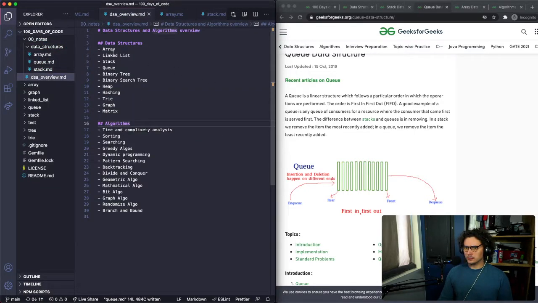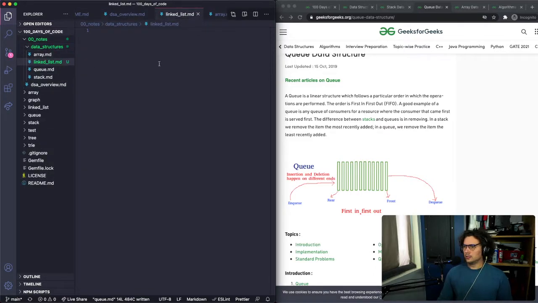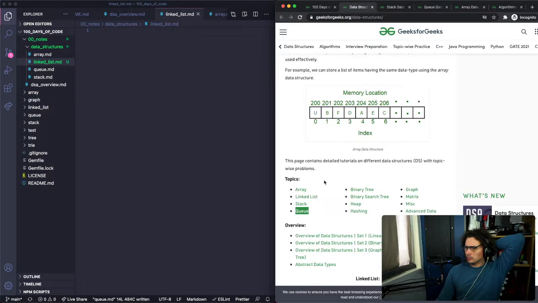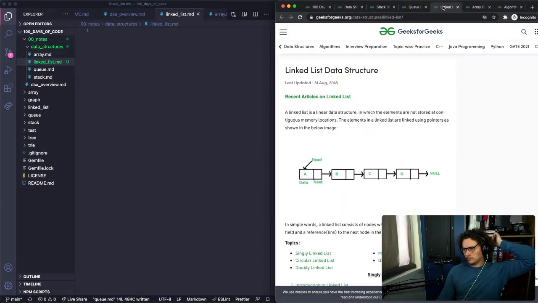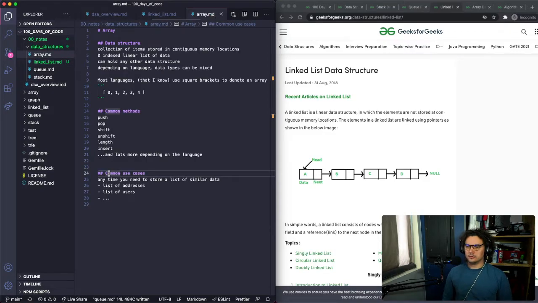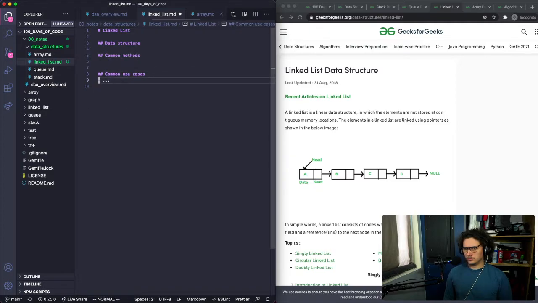Let's see, what's next? Linked list. This is a little bit more complex than arrays, stacks, and queues. Right. Okay.